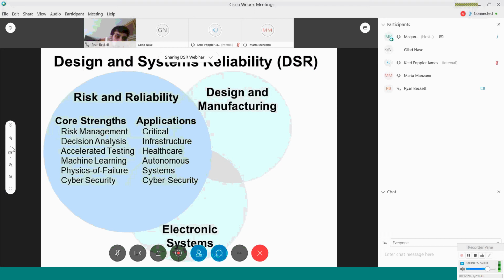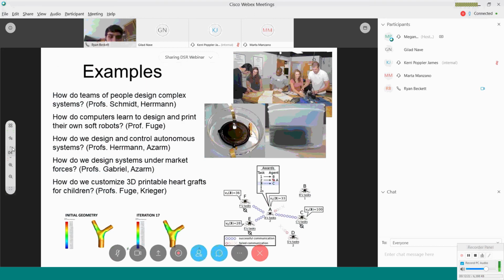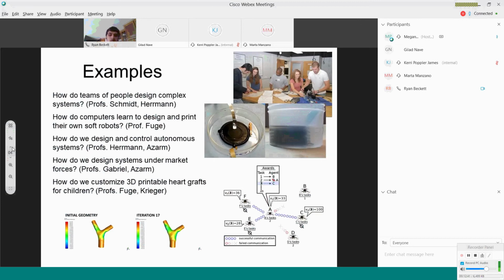There we go. Right. So the professors in that area do research. For example, in the upper right corner, you'll see examples of people who are working together designing complex systems. And so there's a lot of work in the psychology of how people work together, how they interact with machines, how they interact with software, and how the creative process works, so that they can design optimal teams that can design products in the shortest amount of time with the highest reliability, and do it efficiently and creatively.